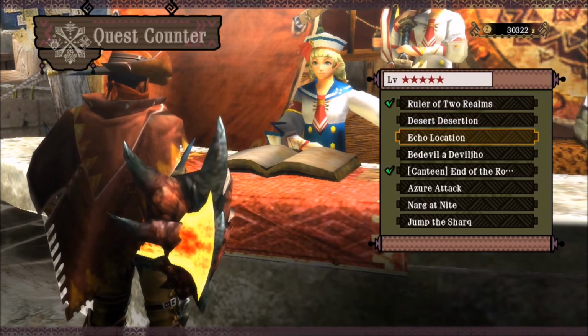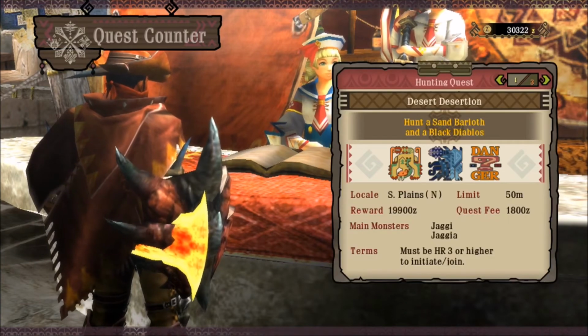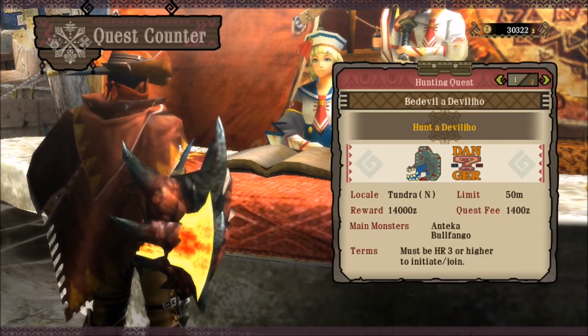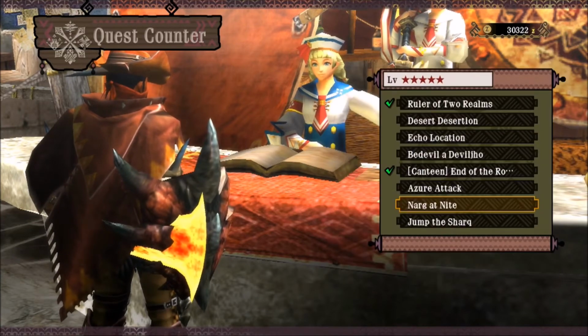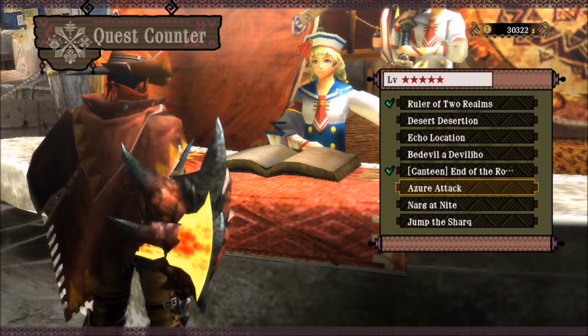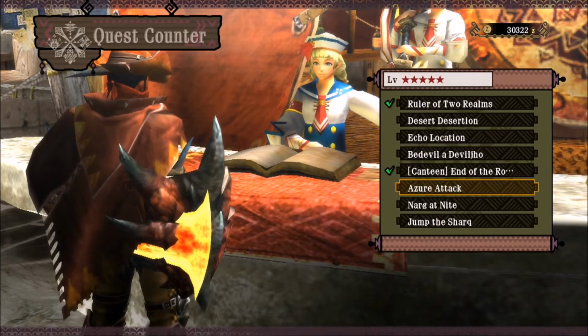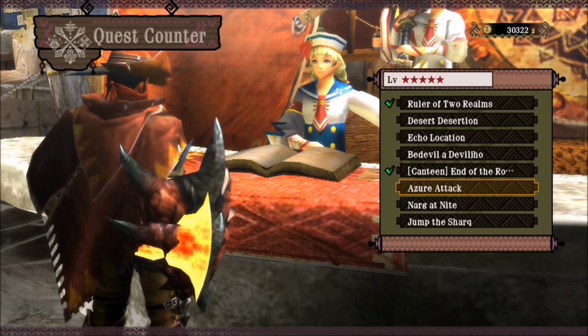Completing that made me 5 stars. Now, I haven't done any of these. I think this is a key quest. This is a key quest. This is a key quest. And then I believe this is a key quest. But regardless, I'll have to do 4, maybe 5 quests, and then I will have unlocked the first G rank